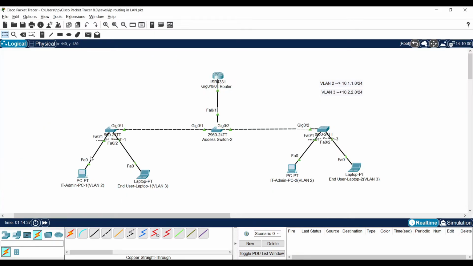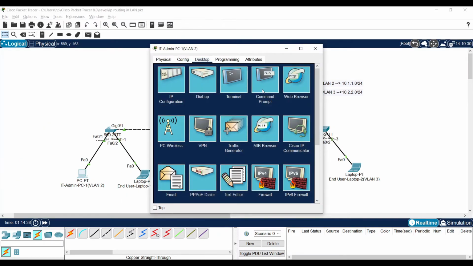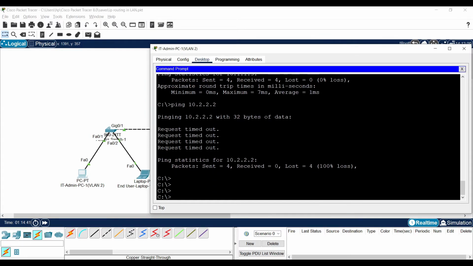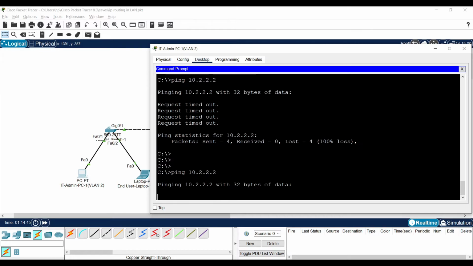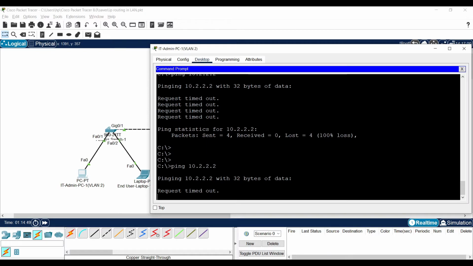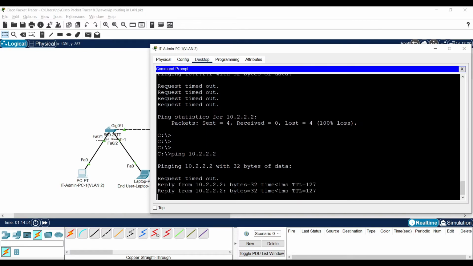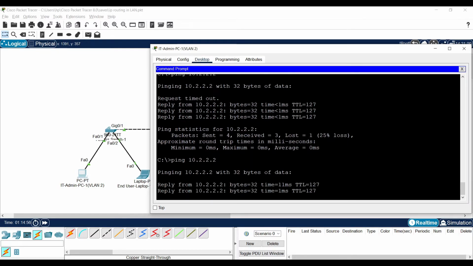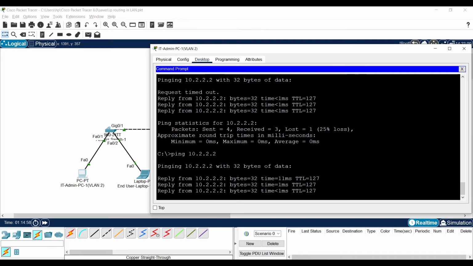The verification part. Here we go. The first packet failed because of the ARP timeout. Now I am able to communicate between the VLANs.